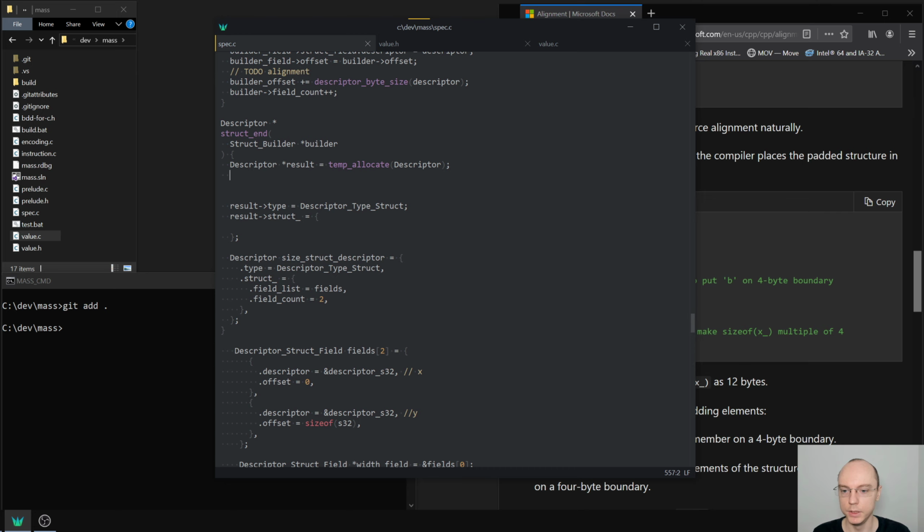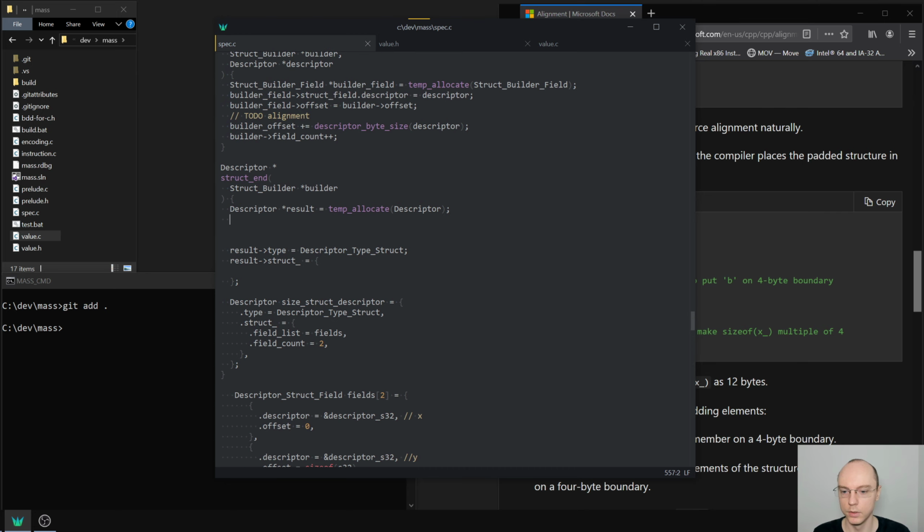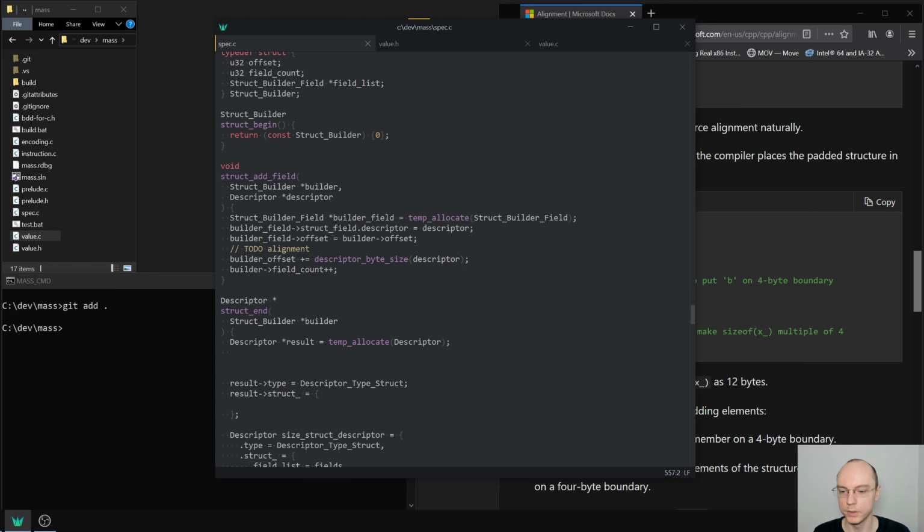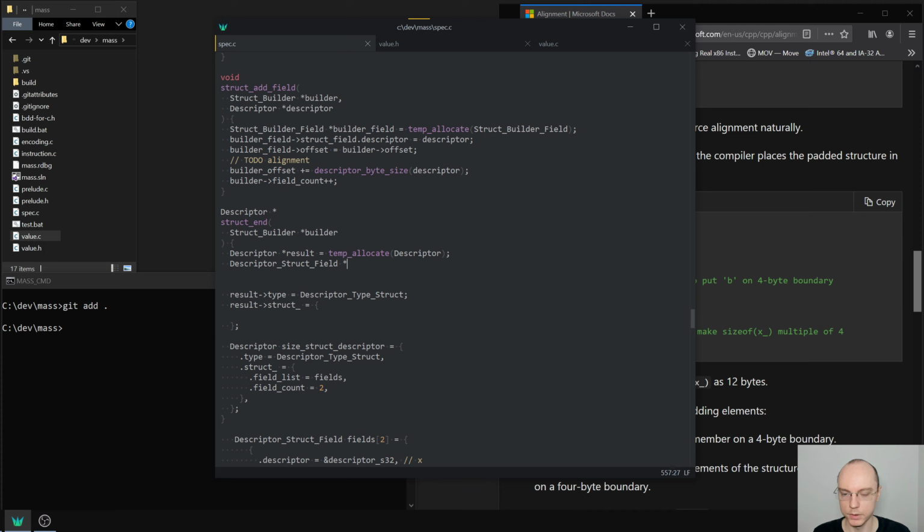And that would be descriptor type fields, this thing, right? It's like so, fields, and then we want to say temp allocate,